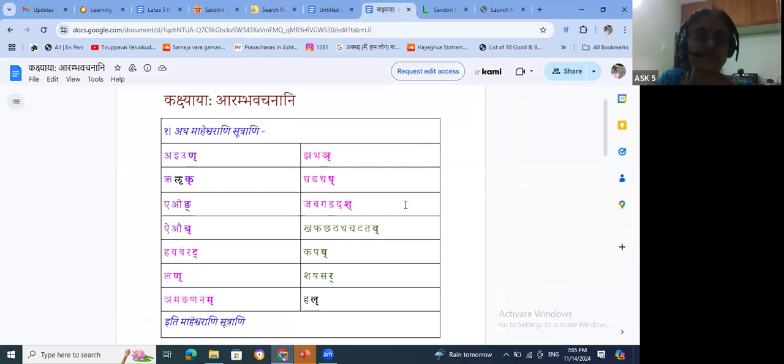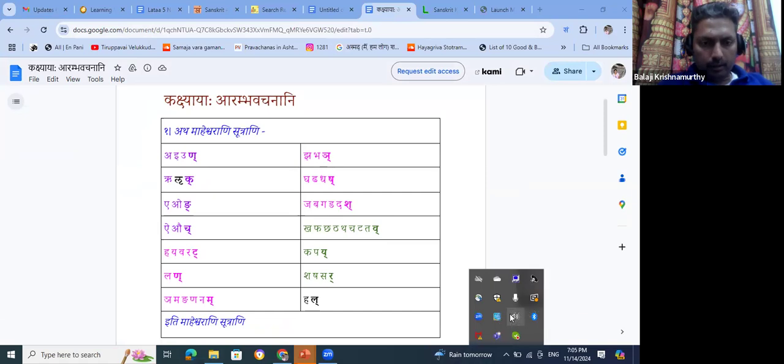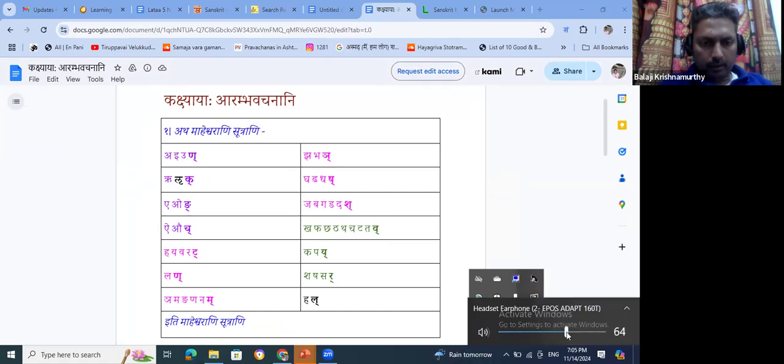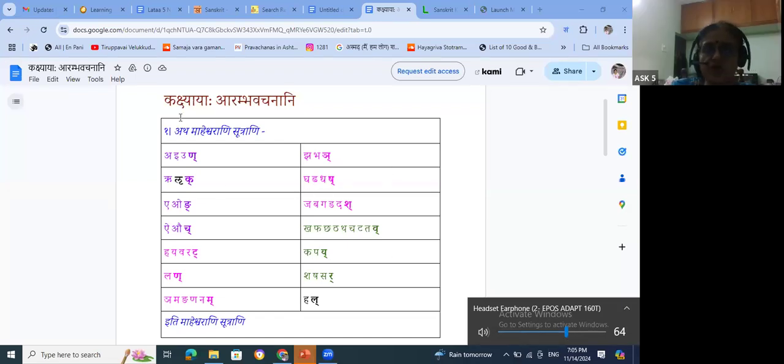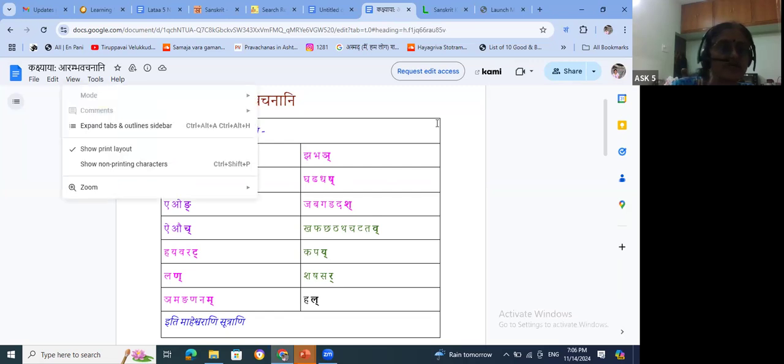So here, if you see, can somebody read this? Balaji Mother, can you read this just to refresh again? Is it small? Should I make it bigger? Yes, oh, small. Yeah, this is small.